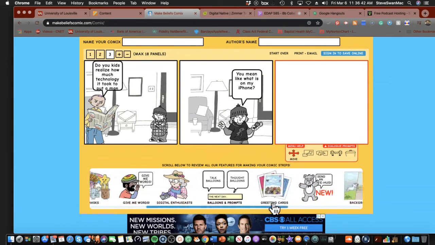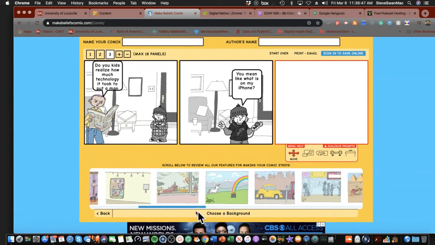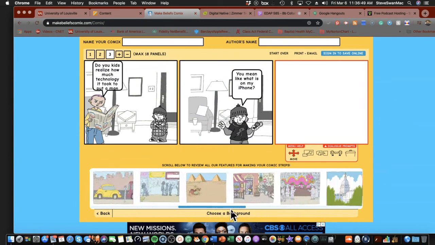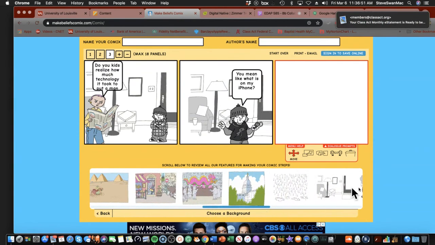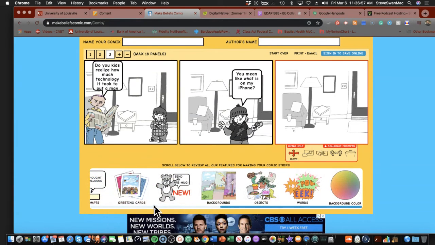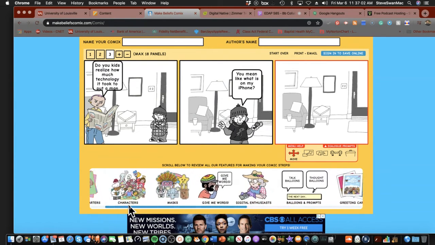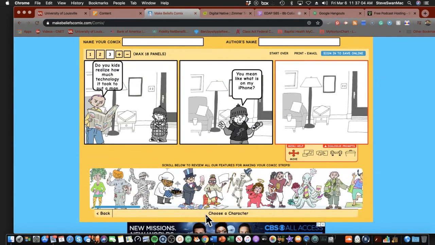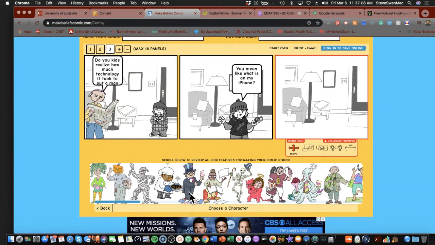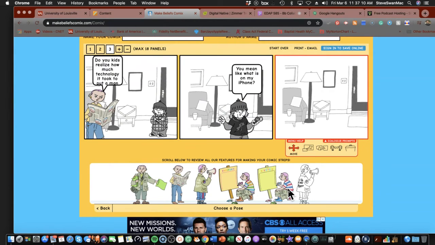One of the things I really like about this program is how easy it is to work within, and the fact that it requires kids to write and to think. And I like the fact that it has just enough. It doesn't have too many things in it that you spend all your time trying to figure out what it is that you're trying to do.